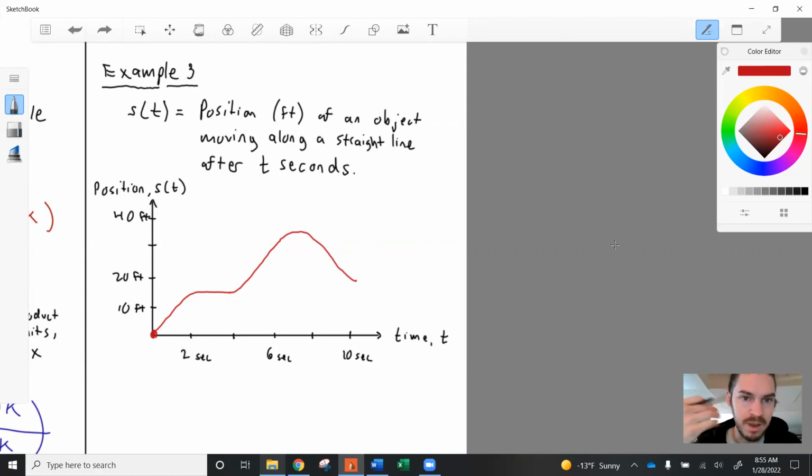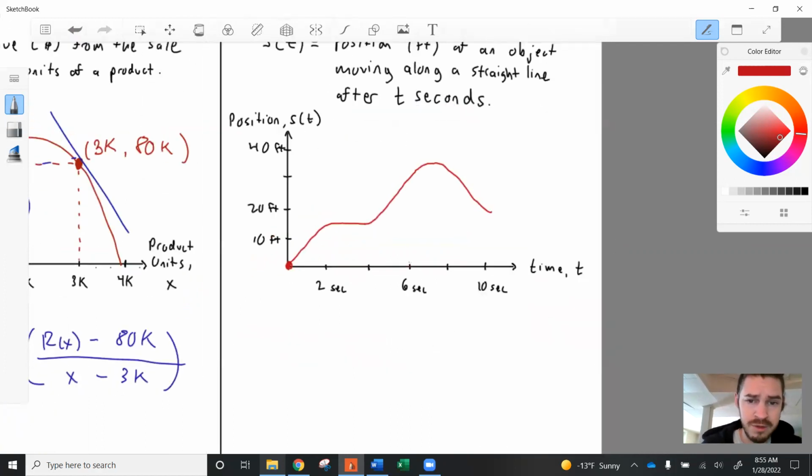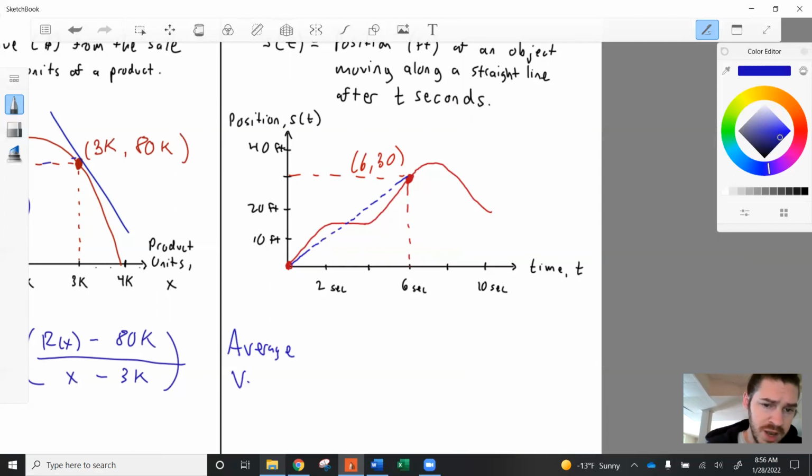Now, let's talk about the rates of change. If you want to know, say, at about 6 seconds, how fast the object is moving at that moment in time? As always, let's plot a point. This is about 6.3 seconds or so, approximately. As always, you can do an average rate of change by just grabbing another point. Say you take this point here at 0, 0, the average rate of change, the average speed, or the word we should use is average velocity,